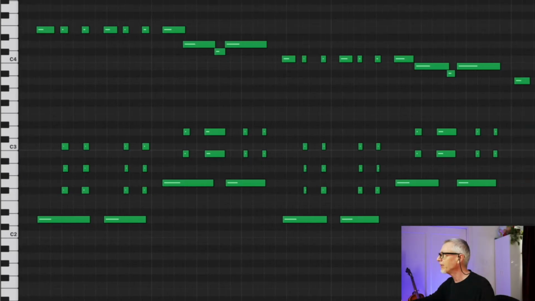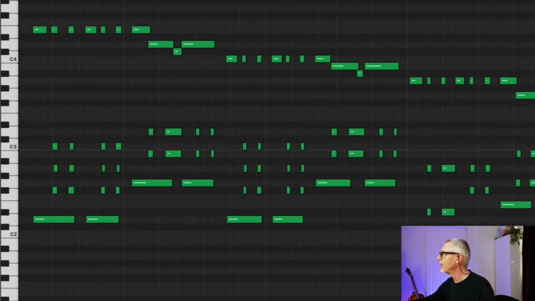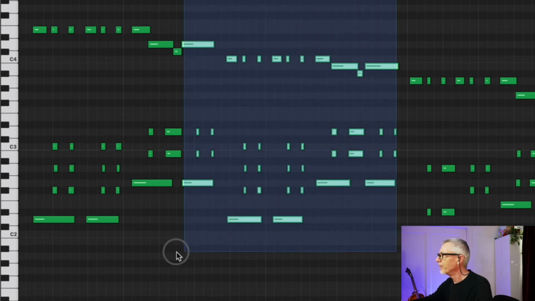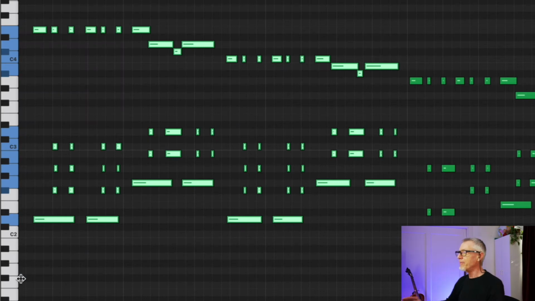So the B section actually has sort of 2 key centers, and it starts off with these notes here in G, which is the relative major of E minor. So it's like we're in a new space. Well, the G key center is established in a crafty way by first playing the dominant of G,